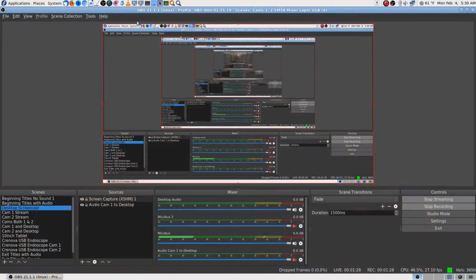Oh, let me get up here. I got to get on the screencast. Okay, I reverted back to 21.1.1 because it crashed on stream when it updated to 22. It took me a long time to figure that out because I happened to have been changing my sources and scenes around a lot at the same time, bad luck. I was trying to fix those, and I thought I'd messed it up for days. So anyway,